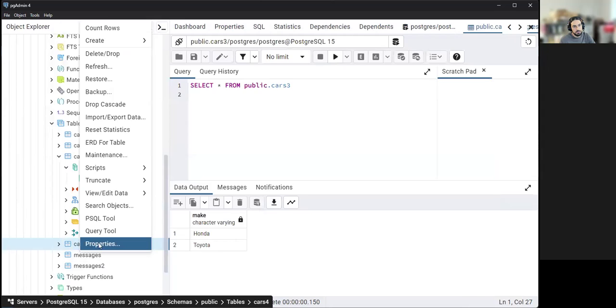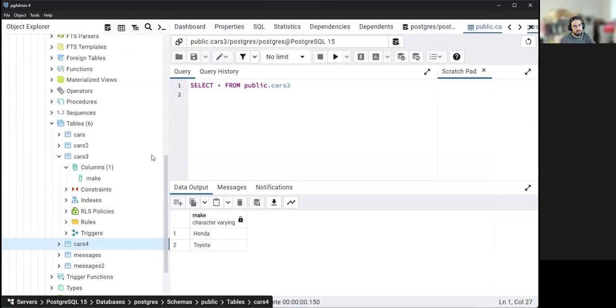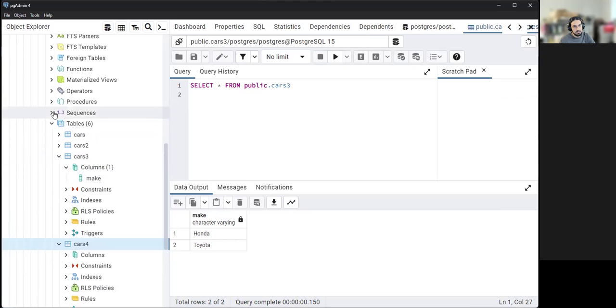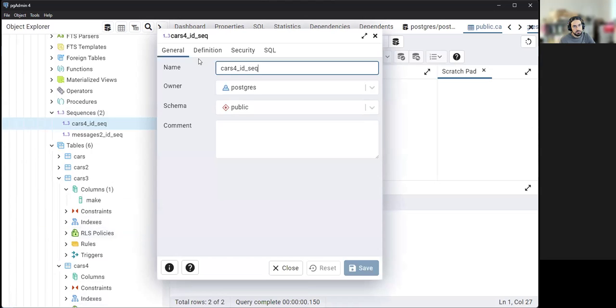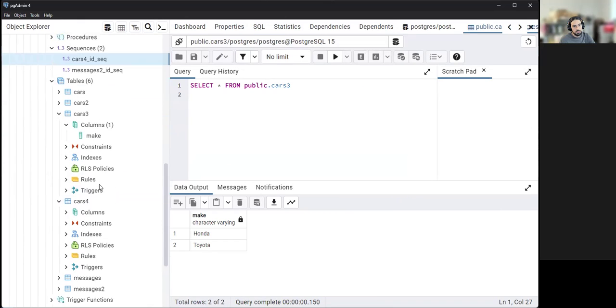And if you right click properties, click columns again, you can see it's become integer with this nextval for the default, which is basically taking from a sequence that's created when you have primary keys. If you expand that, actually it's outside here, sequences. You have a sequence for cars 3. If you right click that, it's just keeping track of the increment for the primary key and the maximum value. Anyway,